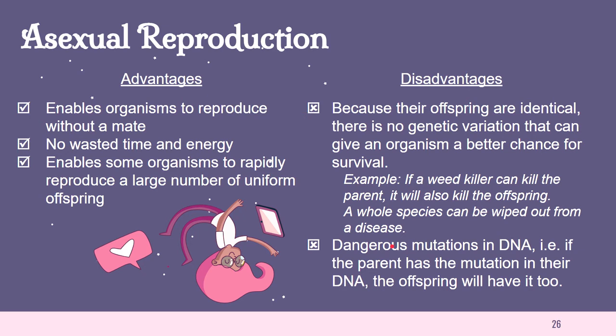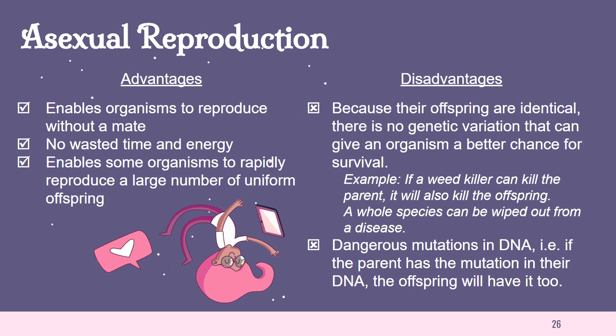Now, what are the advantages and disadvantages of asexual reproduction? Okay, so let's look at the advantages first. Asexual reproduction enables organisms to reproduce without a mate. Okay, so a female can reproduce without needing a male, as we've seen in parthenogenesis. In fragmentation, the parent's body can be broken into pieces, and then all the pieces will become a new individual. In budding, the parent's body can actually grow the offspring within its body, which will just be detached once they